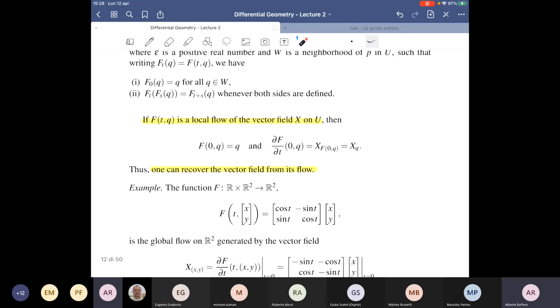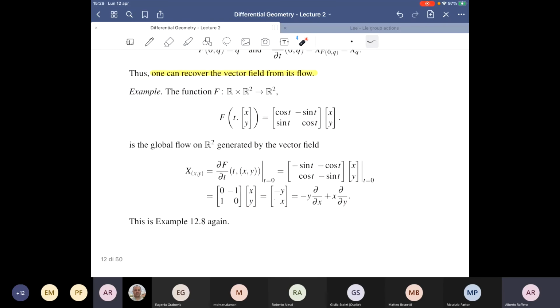And as an example, here we have again the example we met before, the vector field on R2. This is a complete vector field. The integral curves were circles. They are defined for every real time. And in fact, the flow equation in this case is just the equation sending each real time and each point in R2 to the rotation of the point by an angle t.